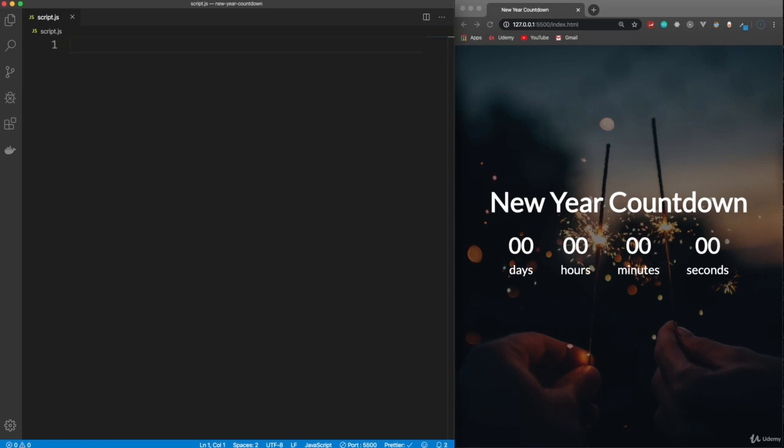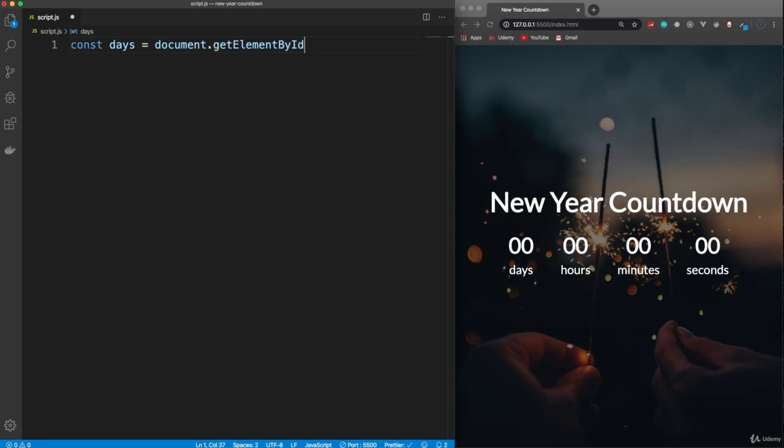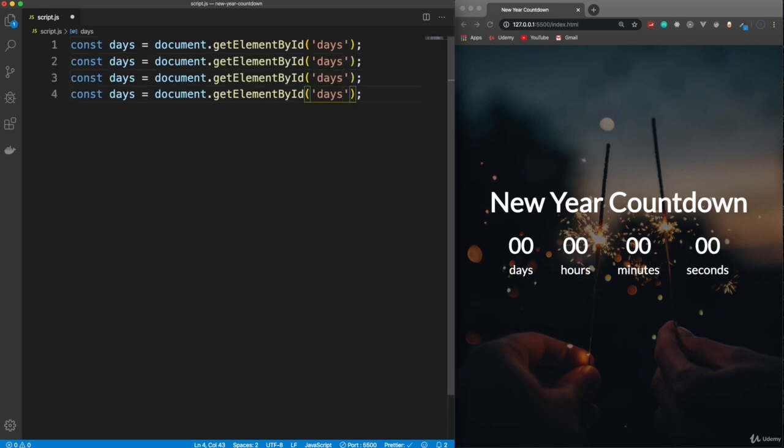All right, so we have our landing page down, we have it styled, so now we basically need to just make it come alive. So first thing we're going to do is grab the DOM elements we need. So we need the days, the hours, minutes, and seconds. So let's do get element by ID, and let's grab the days, and I'll just copy this down a few times. So for this one, we'll do hours,